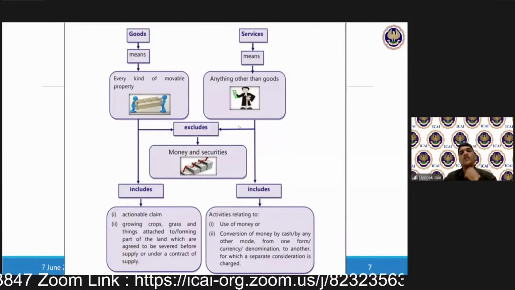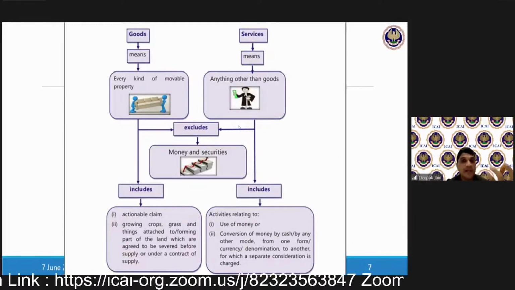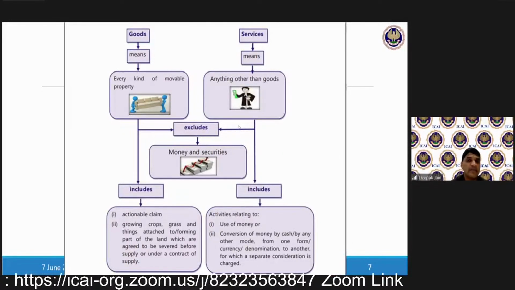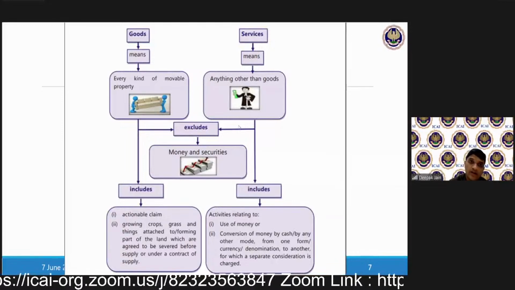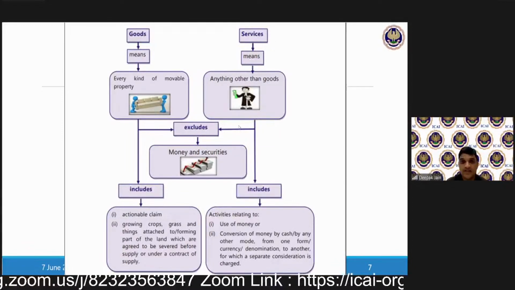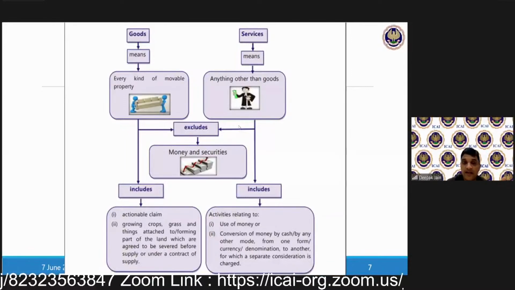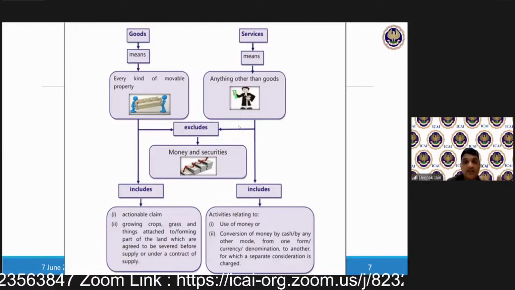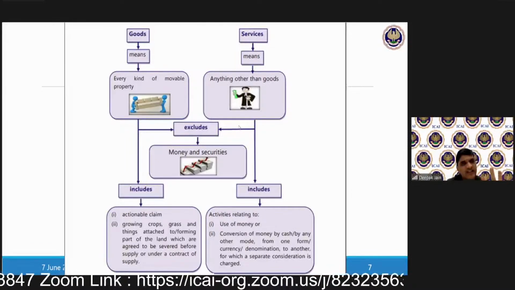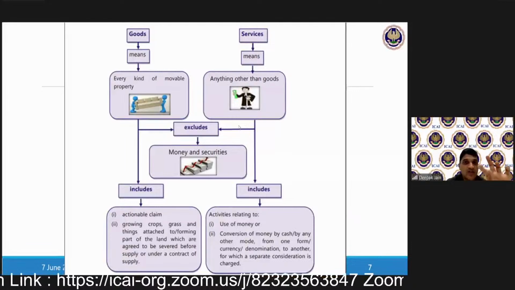फॉरेन एक्सचेंज इंक्लूड हो गया गुड्स में. फॉरेन एक्सचेंज, जब आप मनी बोलते हो, तब it can be any money, okay, of Indian currency और foreign currency. It doesn't restrict to Indian currency itself. तो आप फॉरेन एक्सचेंज में हो गया, फॉरेन करेंसी को आप buy करते हो इंडियन रुपीज देके, तो that is not a supply.